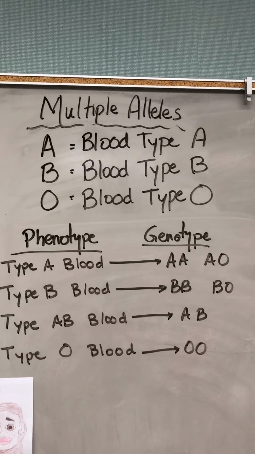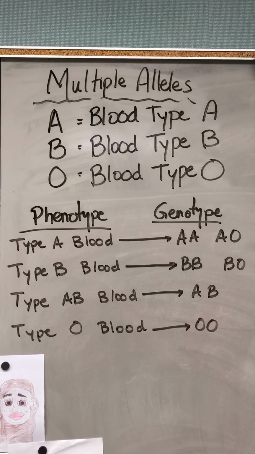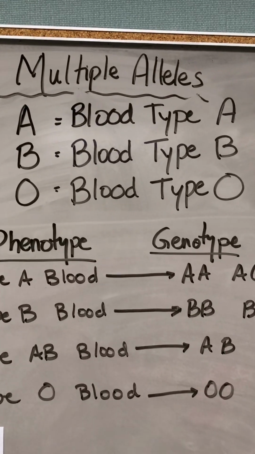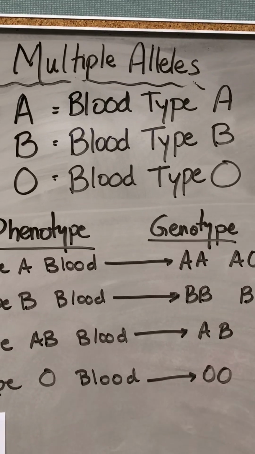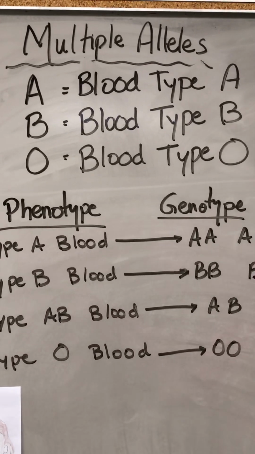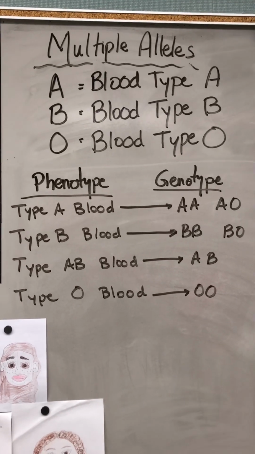Hey there. I said something in class today and I wanted to make certain that you had a little bit of backup about it. It was about blood type, and that you could have type A blood, type B blood, type AB blood, or type O. But I wanted to remind you the way we get our types of blood is by a combination of two